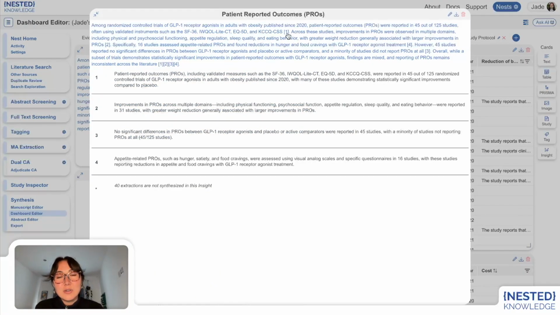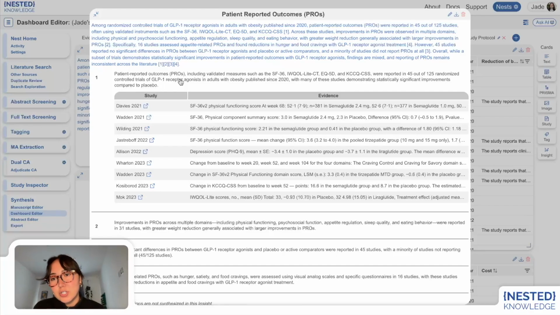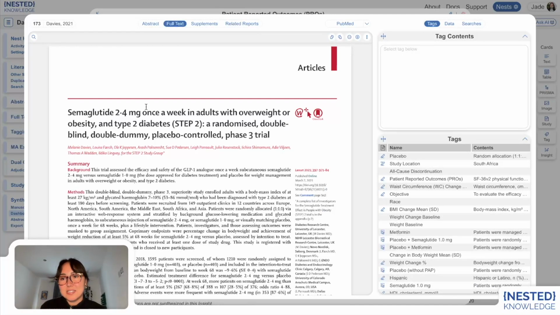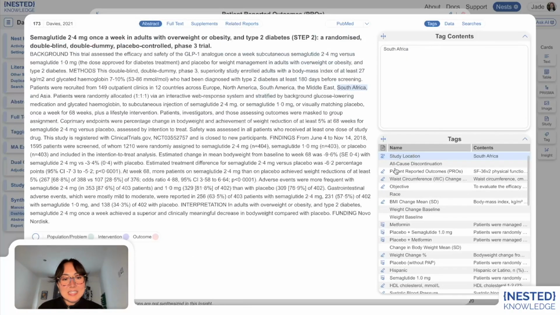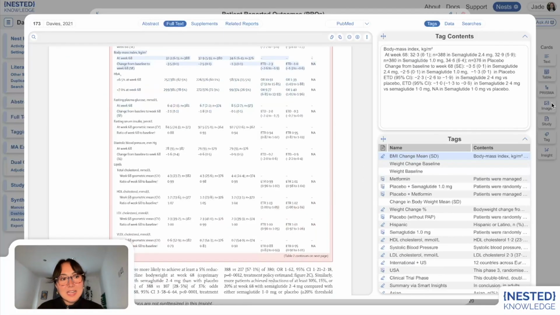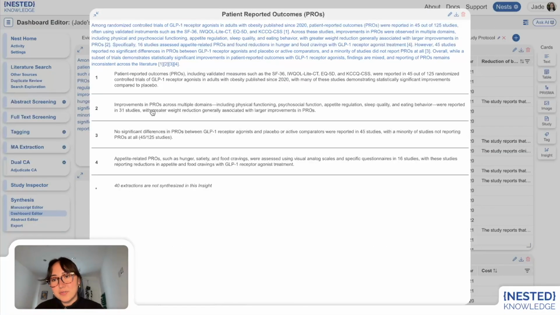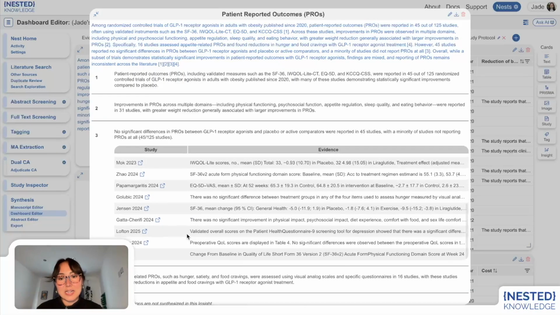So you'll note that it cites these different claims within the summative paragraph, and then the interactive portion is that you can take a look at these claims, and then arguably most importantly, you can see the evidence underneath each claim supporting this claim. You can take a look at these studies. So if I were to come in, I can see the full text, the abstract, any data that was extracted, and do a bit of a deeper dive that way. And you can do this for each of the different claims